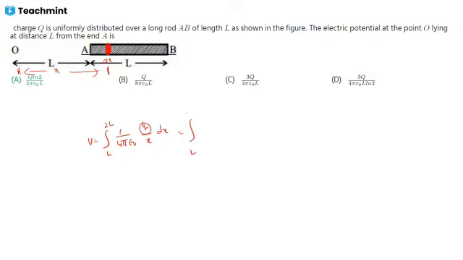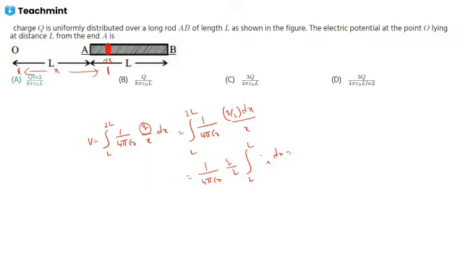All of you observe, from L2 to L, 1 by 4 pi epsilon naught Q by L, the amount of charge present per unit length, into dx divided by x. Okay, so now write down the variables inside and the constants out. So 1 by 4 pi epsilon naught Q by L, integration from L to 2L, 1 by x dx, which